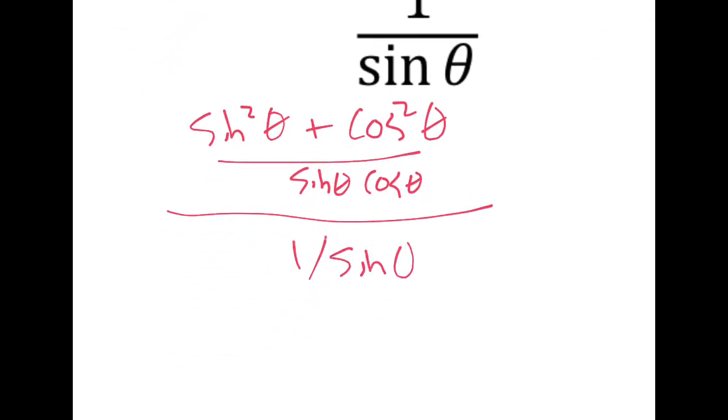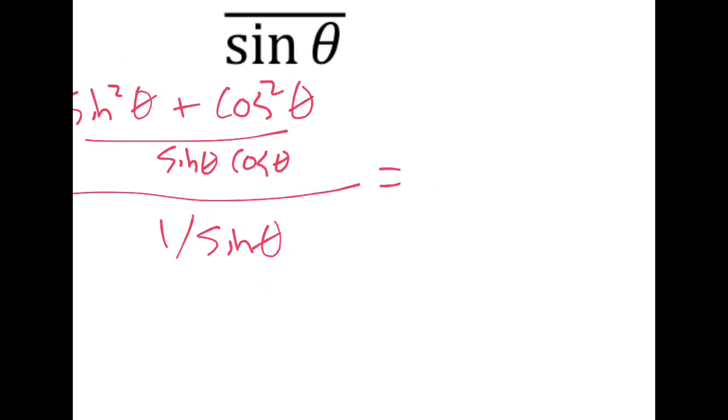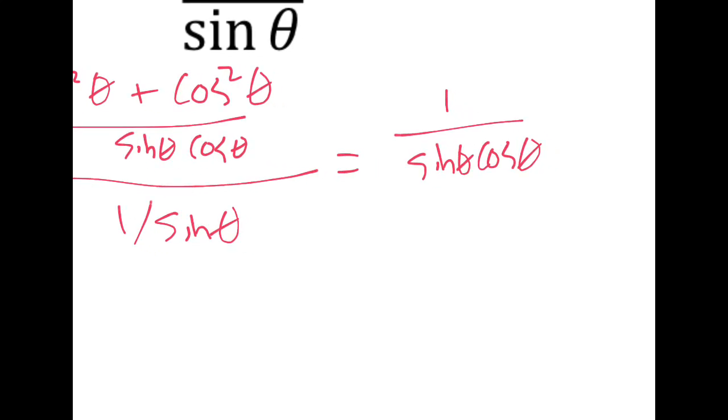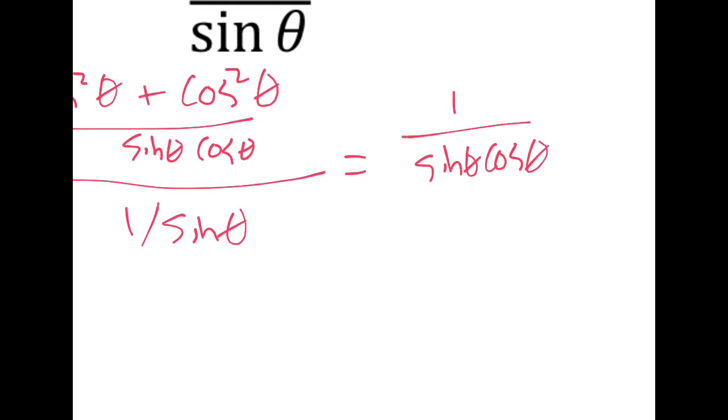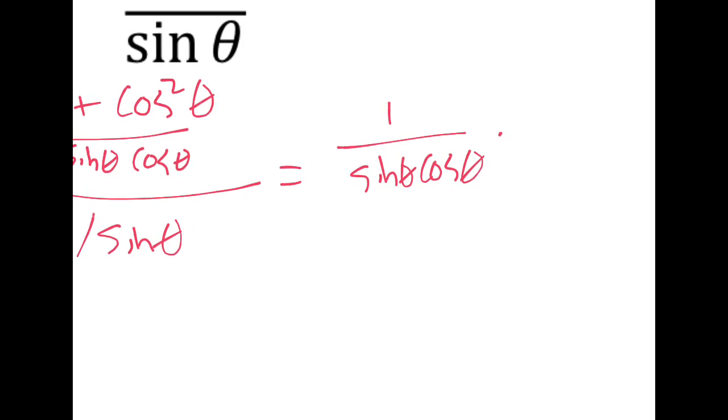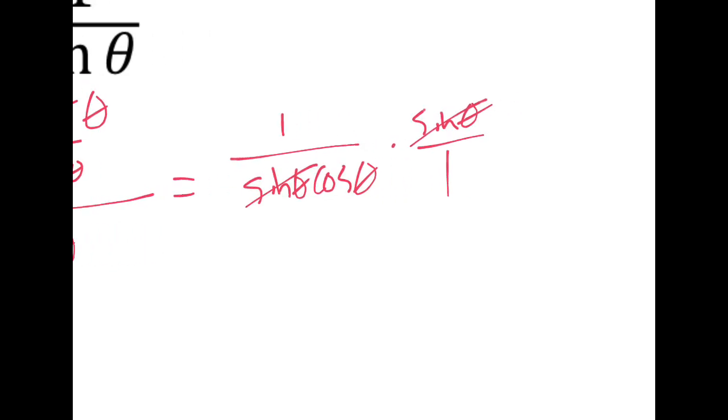1 over sine theta. But what is sine squared theta plus cosine squared theta? Well, that's just 1. That's the Pythagorean identity. So we get 1 over sine theta cosine theta. Instead of dividing by 1 over sine theta, I'm going to multiply by its reciprocal. So I'm going to multiply by sine theta over 1. And look what happens. Sine and sine cancels, and I'm left with 1 over cosine theta,